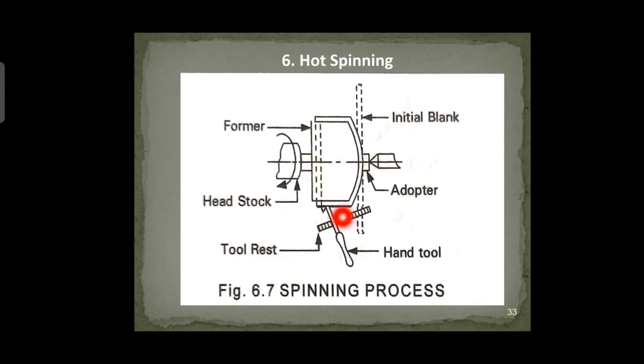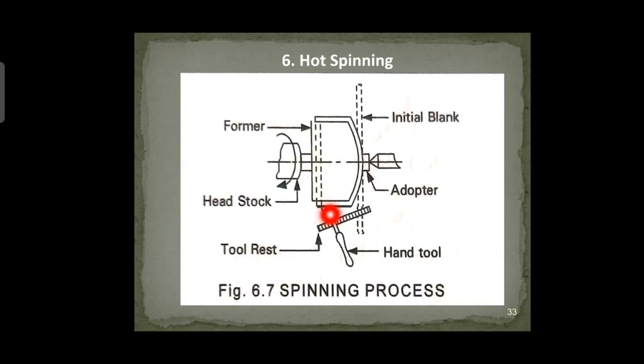So how the thickness of the metal is decreasing here, you can observe, is due to the spinning action and also the bending action. You can see here we are bending the sheet with this blunt tool, and the spinning action is also taking place. So it is a combination of bending as well as stretching.